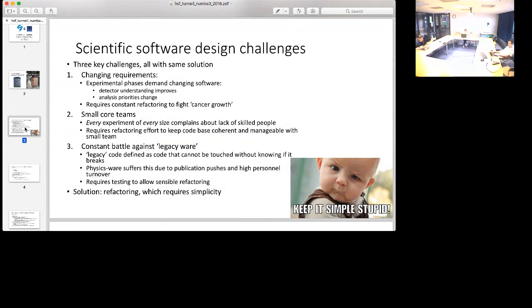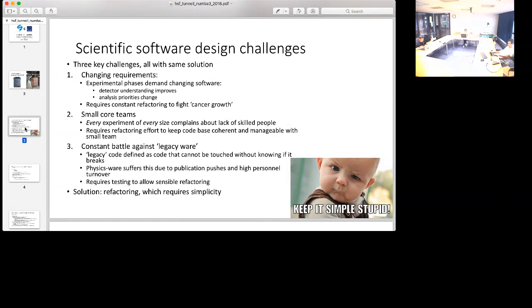So there's a bit of a challenge. Before explaining why Numba, I need to explain the challenges in software design that I see. I see three key challenges. One is changing requirements.